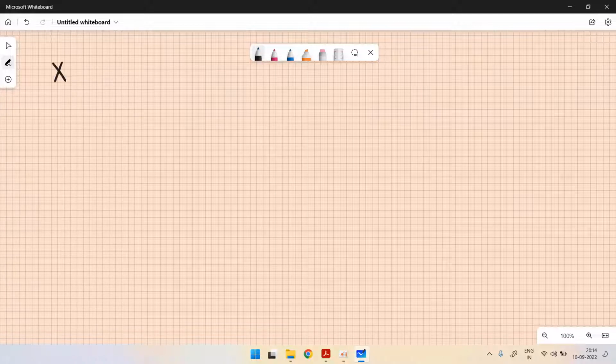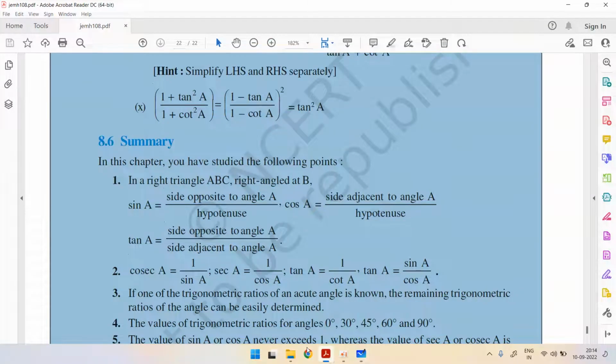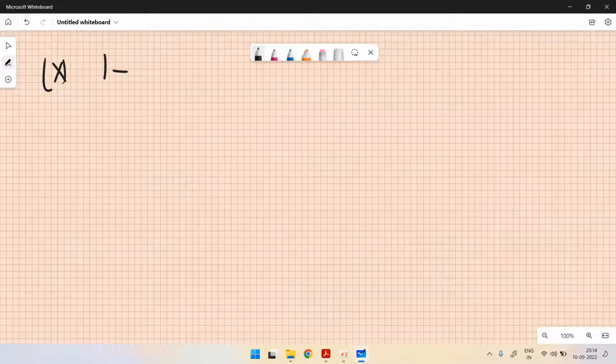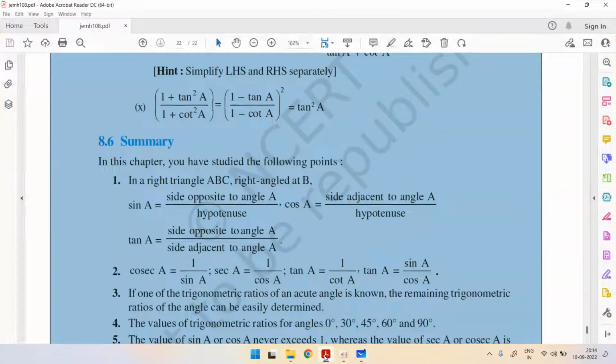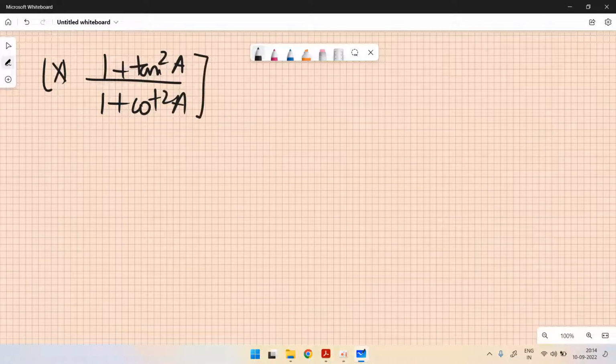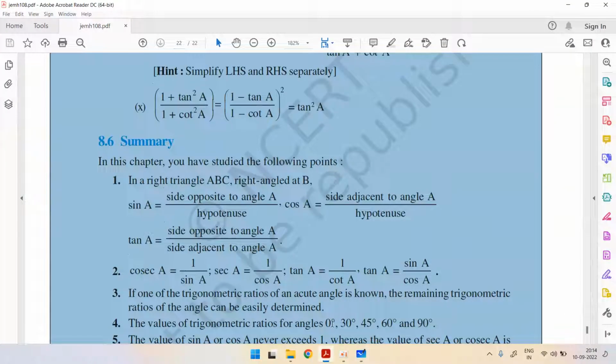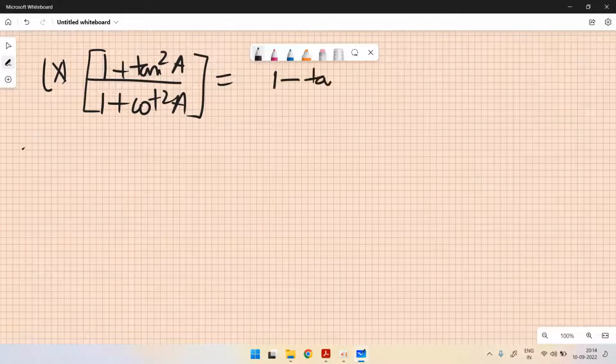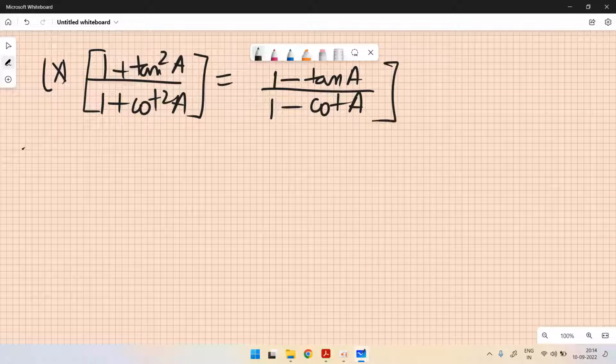This is the 10th question, the final one: 1 plus tan squared A by 1 plus cot square A, and you need to prove that this is equal to 1 minus tan A by 1 minus cot A, whole square,